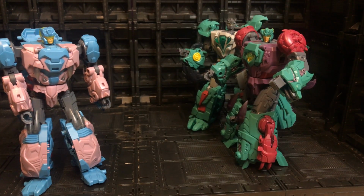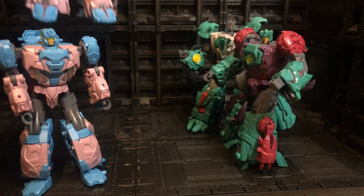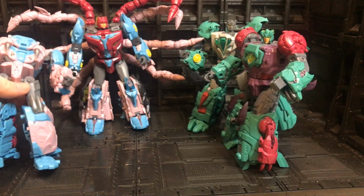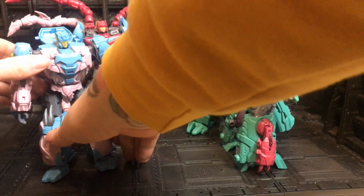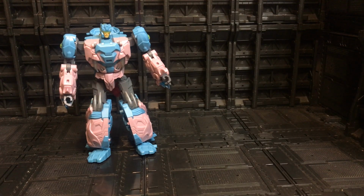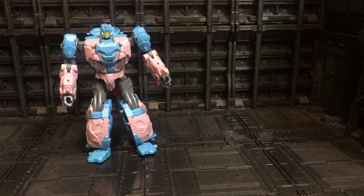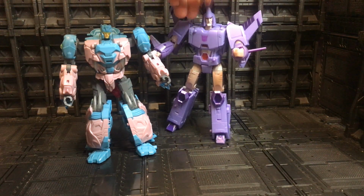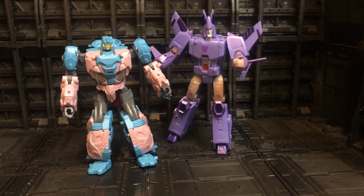And then for the final comparison, we can bring out what is still my favorite figure, 1000 Kills, aka Tentakill. Still my favorite figure at the moment from this set. Quick comparison next to some of your other figures. So if we bring in Cyclonus from the Kingdom line, you can see that he is a little bit smaller than your standard